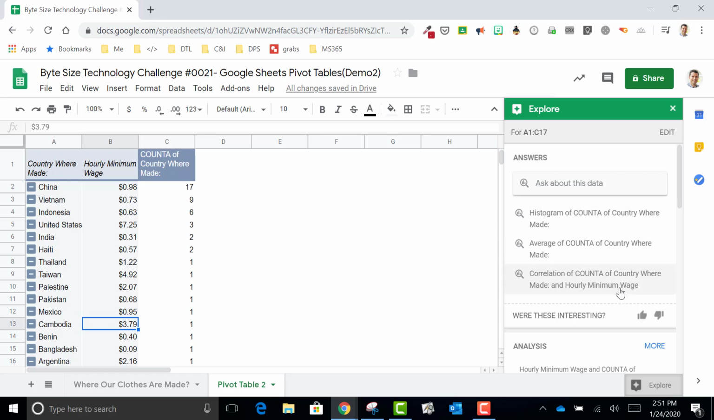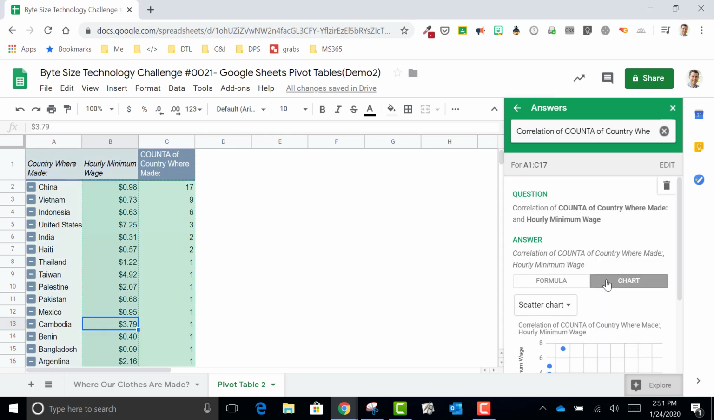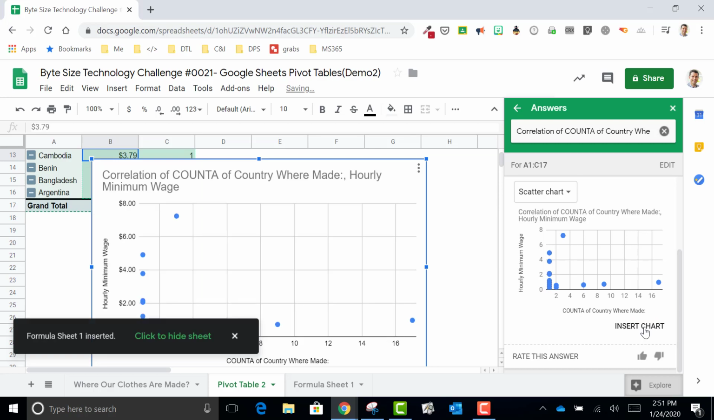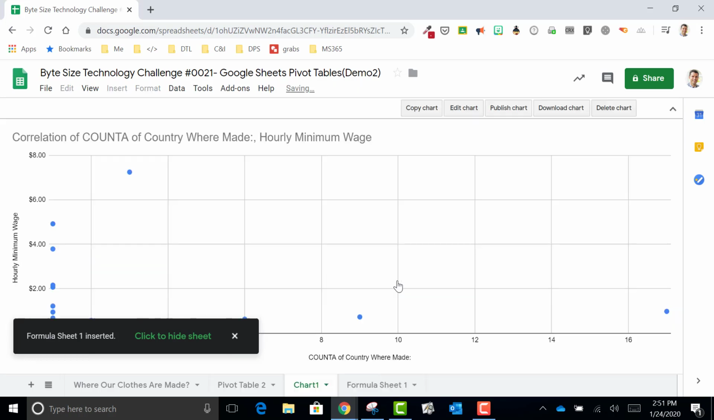But I'm going to go back up here and I'm going to do the correlation between the count and the minimum wage, and I'm going to insert this chart, and it gives me a scatter plot chart. So I can move this to its own sheet,